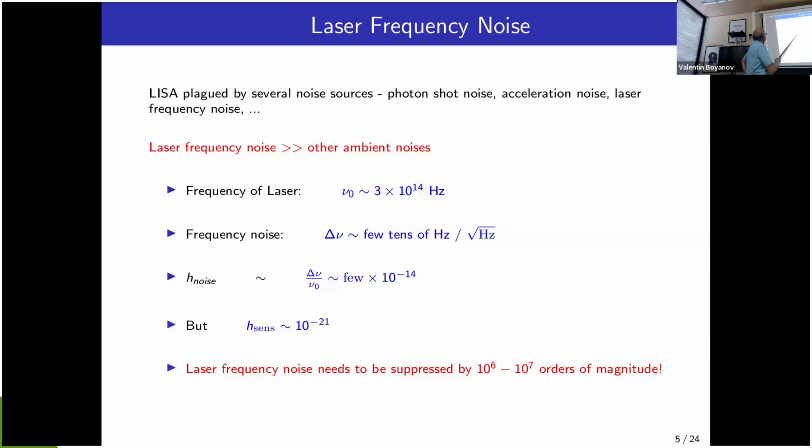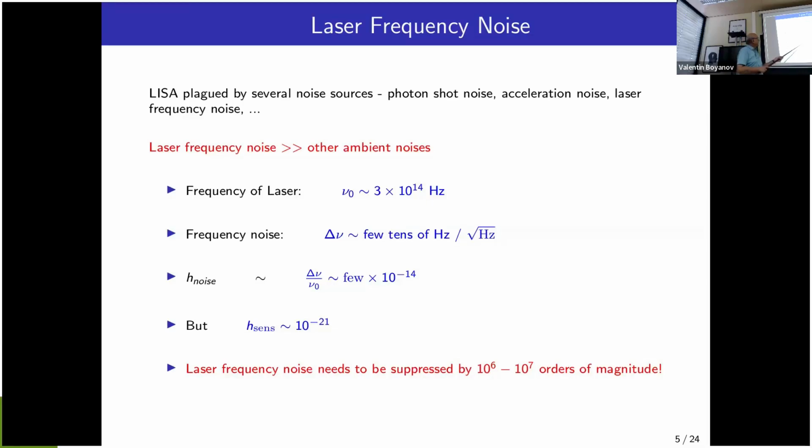So this noise comes from the laser. The laser frequency is like 3 times 10 to the 14 hertz. It's a medium wave laser. And the frequency noise is about few tenths of hertz per root hertz. Okay, so that's the sort of thing. So if you take the ratio, delta nu over nu naught, this is the sensitivity. I mean, you get few times 10 to the minus 14. Okay. But the kind of sensitivity you need is like 10 to the minus 21, okay, for the sources which